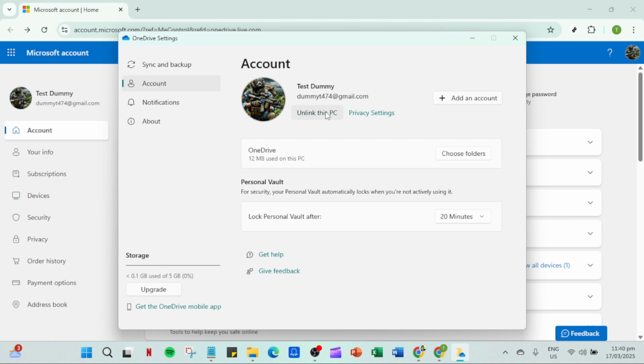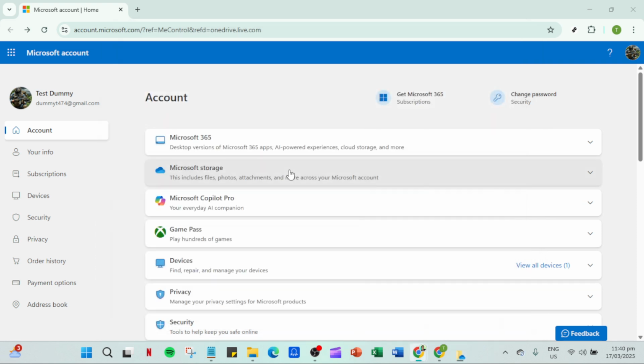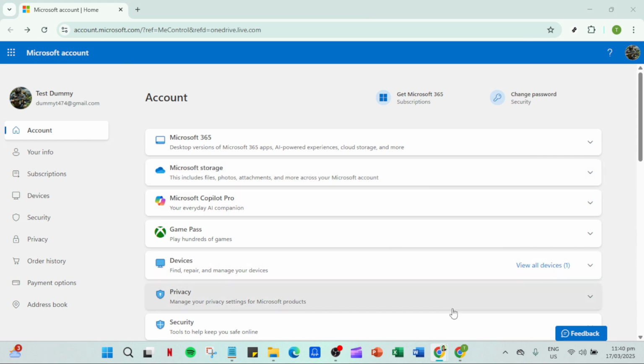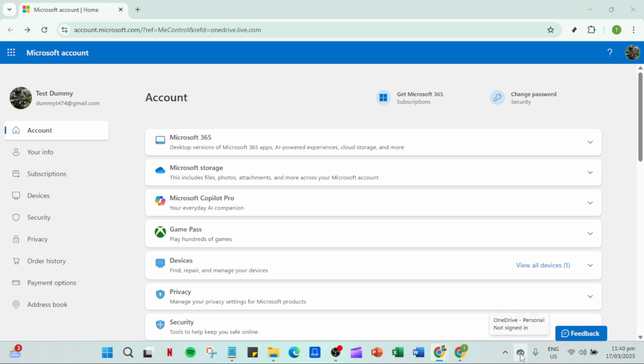Go ahead and click unlink this PC. This action is what will effectively sign you out of OneDrive on the current device. After selecting unlink this PC, you'll notice that OneDrive is no longer connected to this PC. You've successfully logged out. Keep in mind this action only affects your current device, and you can always log back